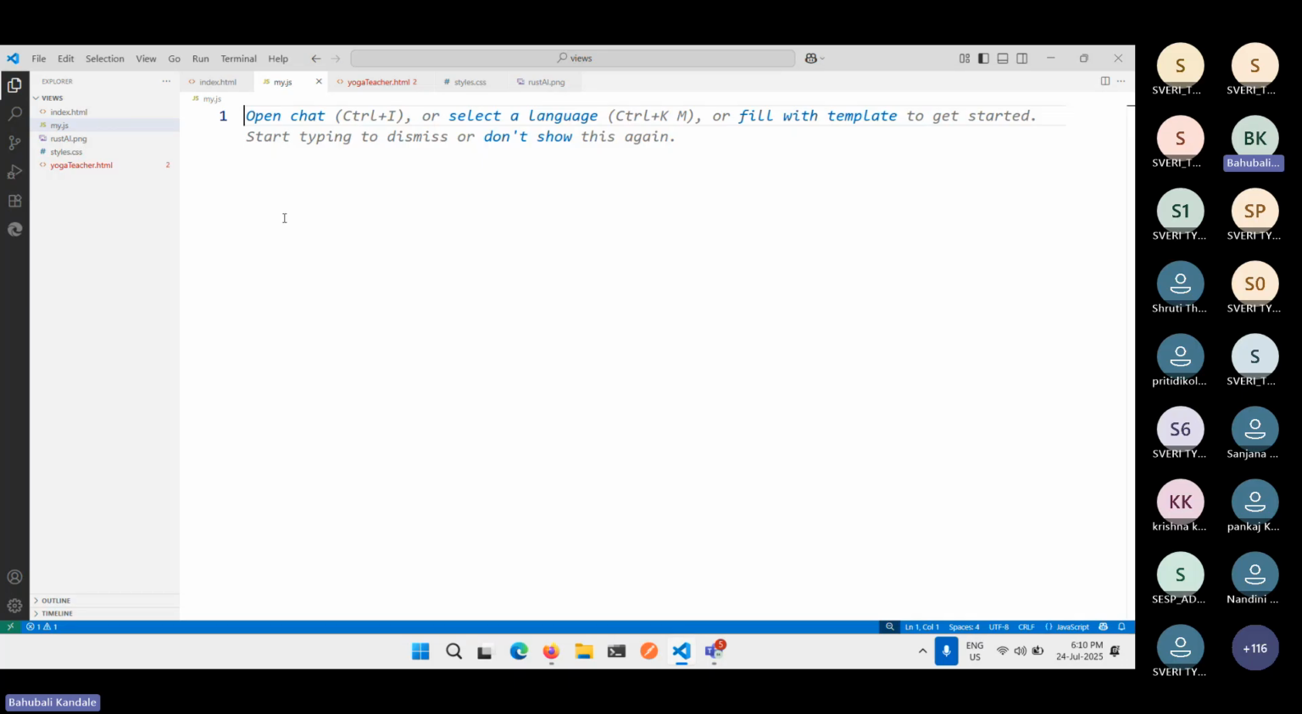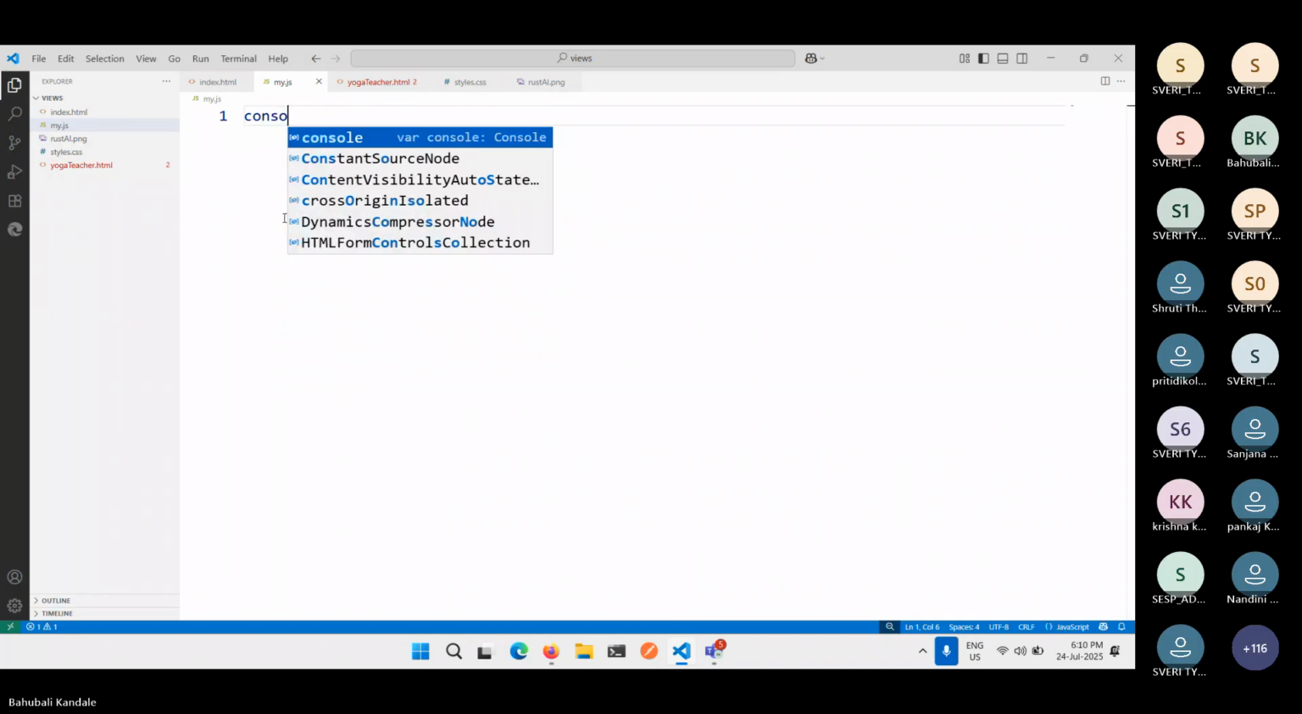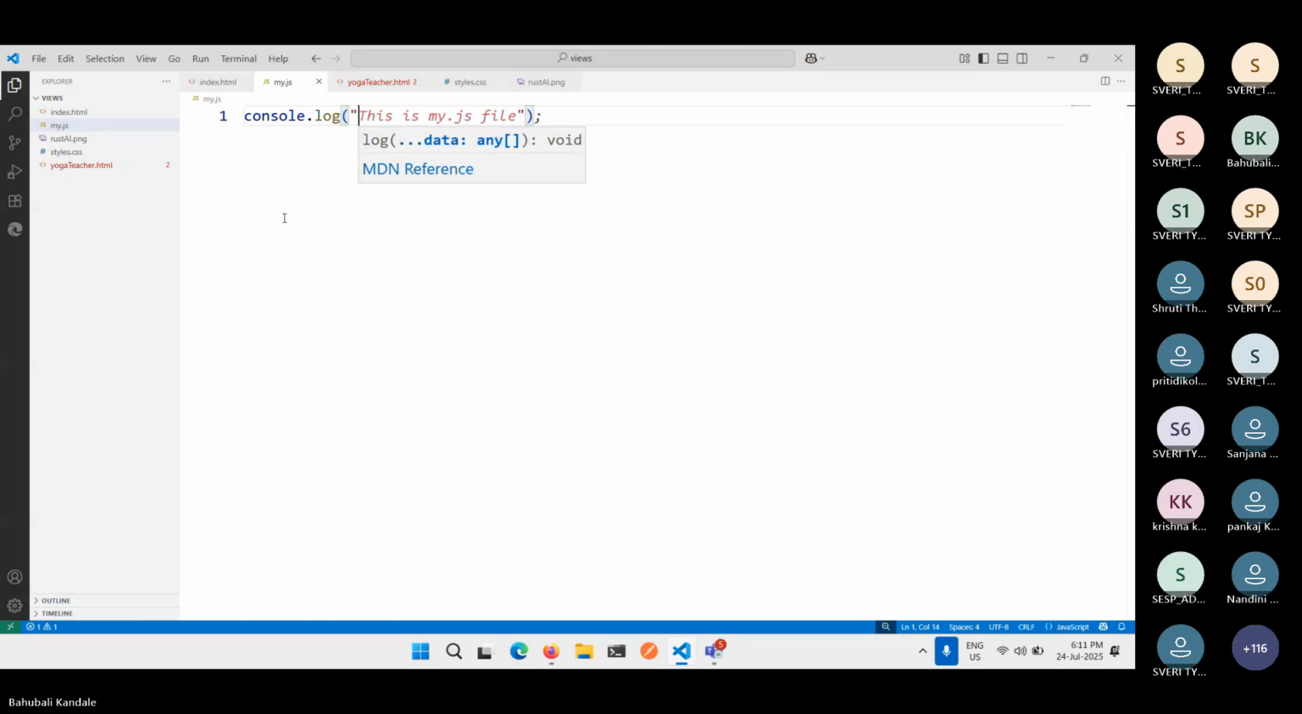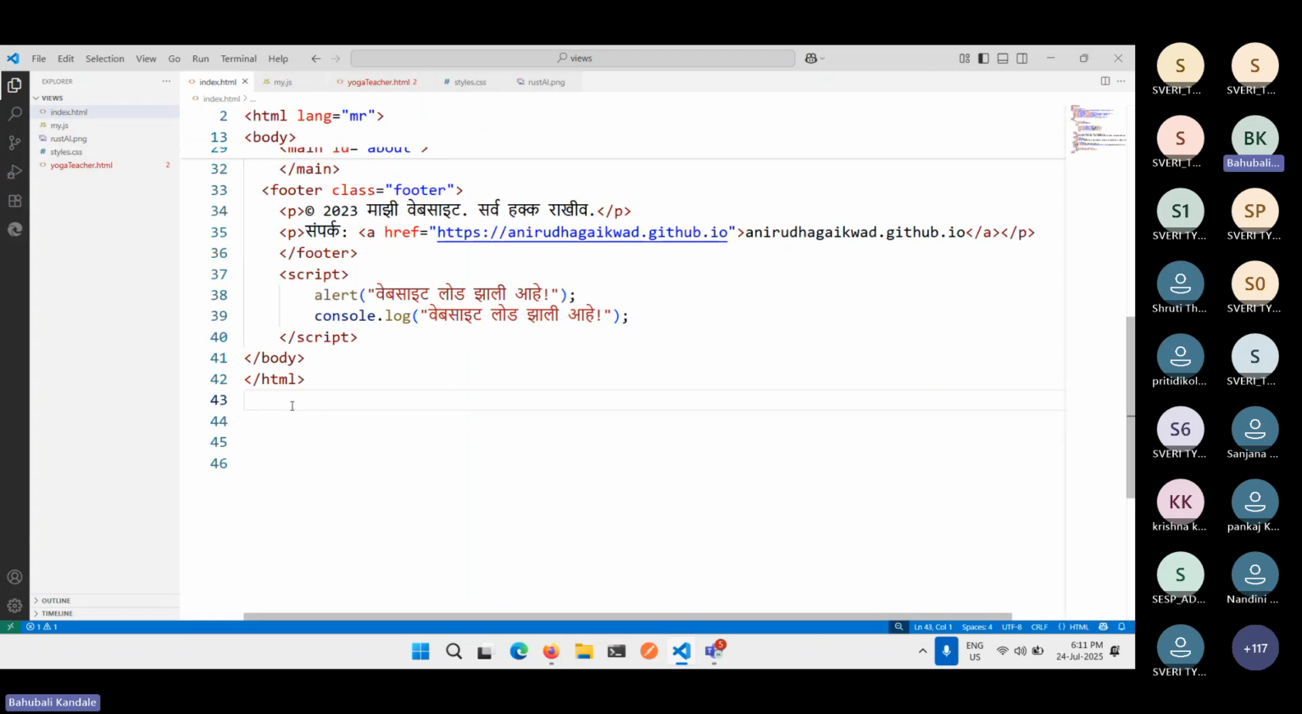Within that file, I can write a log. This is my file. It's a simple JS. I'm writing it there, and that JS file I want to integrate with my HTML. So how is it possible? Let's check. To integrate that file with my HTML, I'm going to write